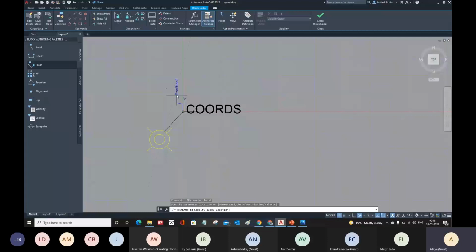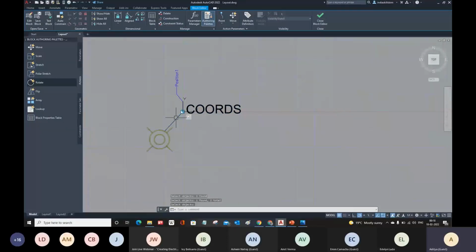Place it, and when you place the parameter, it will give you this exclamation mark, because we have not assigned any action to it. Now go to action, and then here we have a scale or stretch. I need stretch actually. And then it will ask you to select the parameter which is specified. So this is my parameter, and then select the object you want to include. I just want to include this area. So create a window, then select the coordinates and this line only. Don't select the block item because we don't want to stretch the block. Hit enter to accept. You will see that the exclamation mark will be gone and replaced with this stretch icon here. Then close the block editor, save the changes to position.